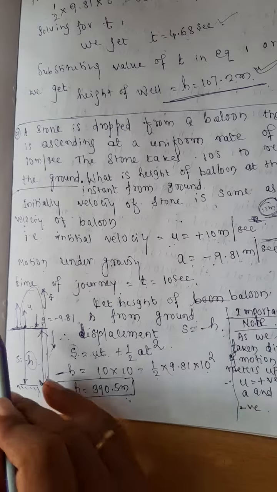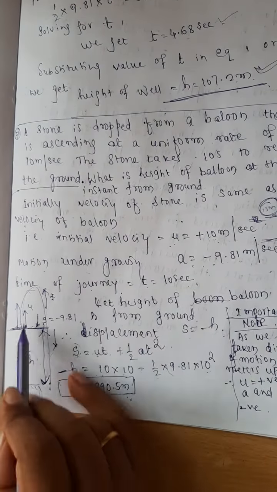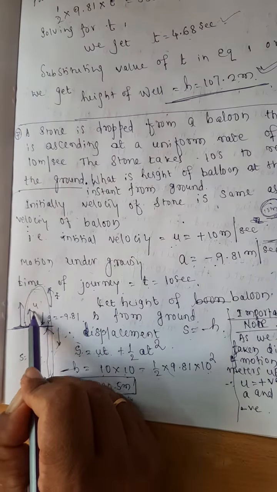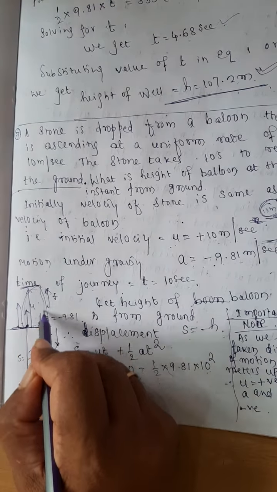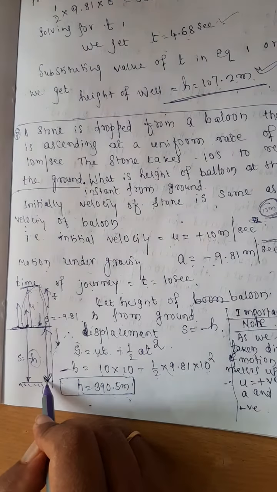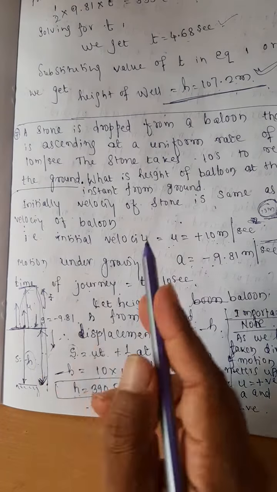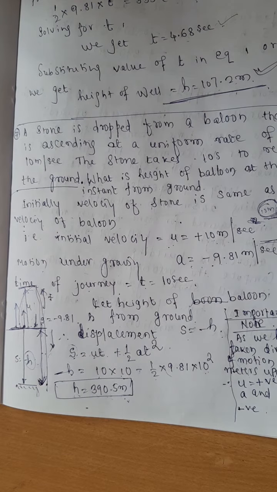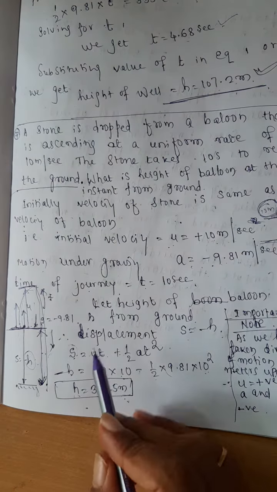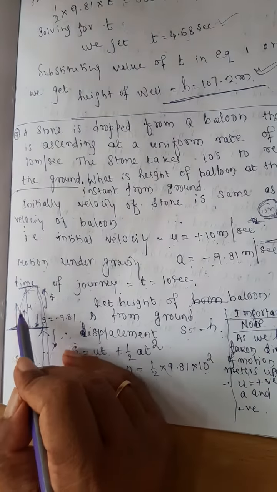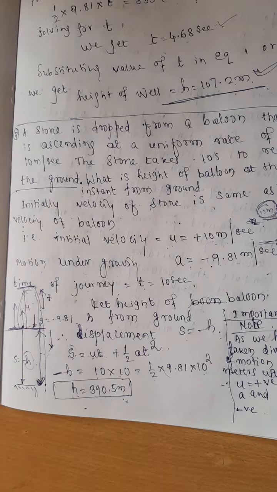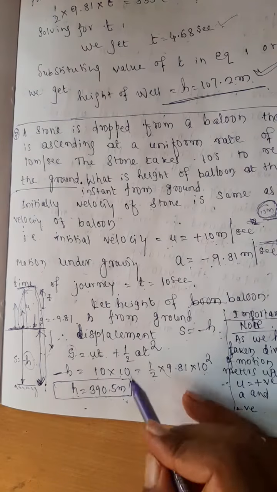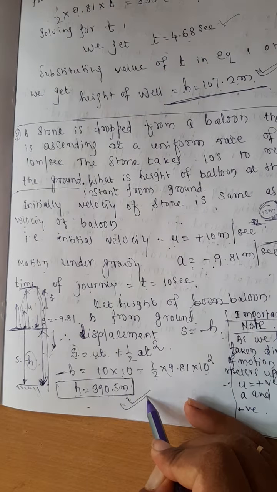Are you getting it? Otherwise, what I need to do is solve this particular problem in 2 stages. First, it goes in the upward direction. What is the time taken for it? From here, it moves in the downward direction. What is its time? If I add the total time, it comes out to be 10 seconds. Then for that particular duration, you find how much distance it travels, and from that you need to remove this distance to get this particular height. That all becomes a lengthy process. That is why, if you want, you can try in that particular way also.